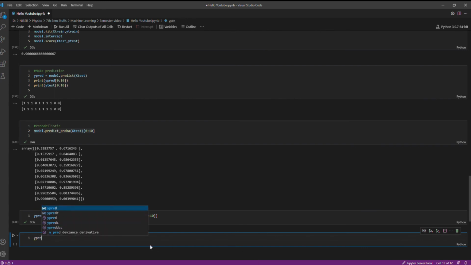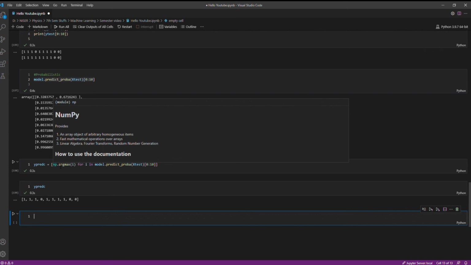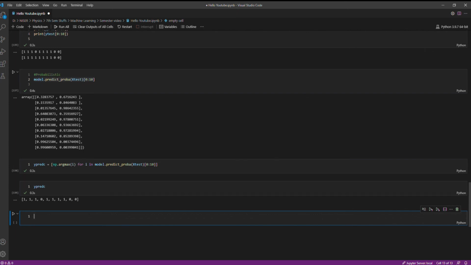Yeah. So basically, what this argmax is doing, it is iterating over all these arrays and giving the index of the maximum number basically. So in the first one, the first index is maximum. In the second one, the first index is maximum. Same for the third, same for the fourth, and same. Anyway, so this is how our logistic regression model works.